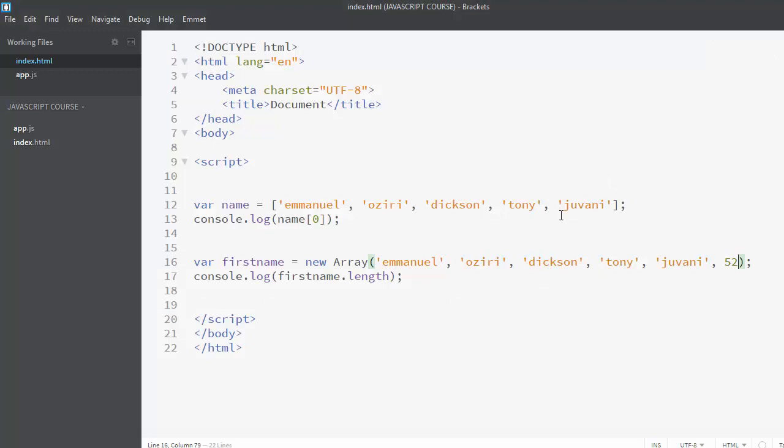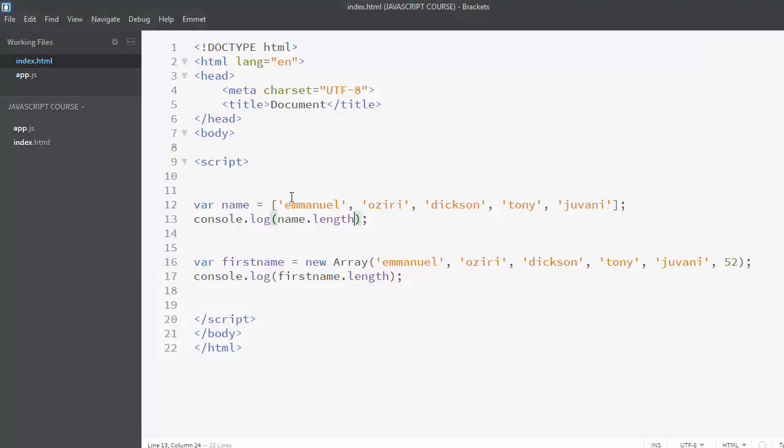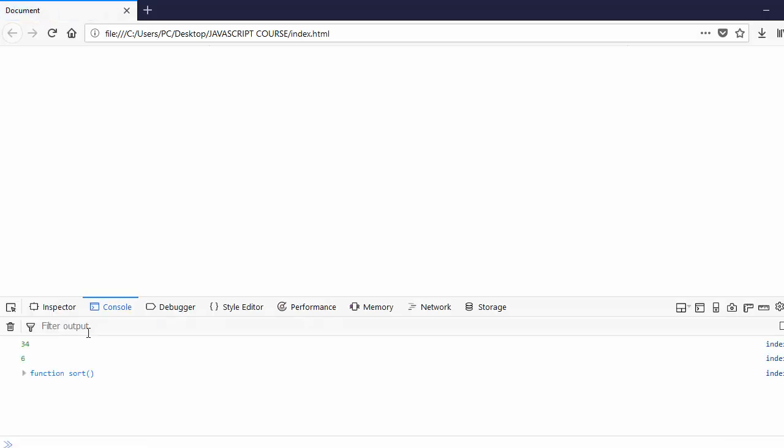Okay? Now for this case, I would like to bring out the length of this one. And if I reload this, I'm going to see 34. Now these are the same array values but different output, okay, because this is kind of like an object way. So say for instance we want to also sort this array, we'd use the keyword .sort, and if we reload this, we're going to see